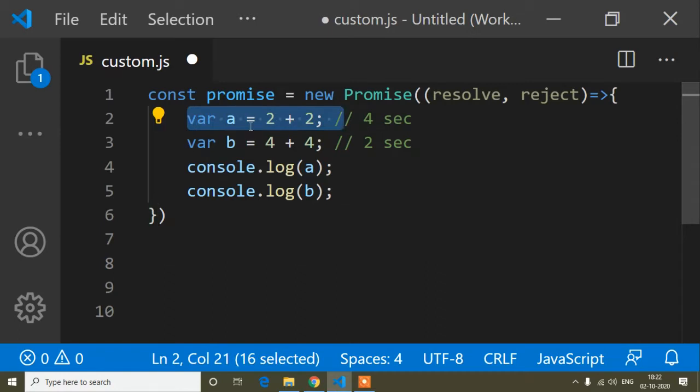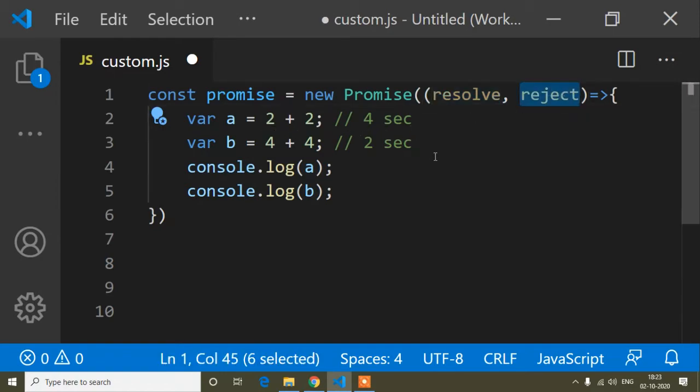If we write this inside the promise, first it will execute this one and after that it will execute this one. So this is the promise, and promise takes resolve and reject.